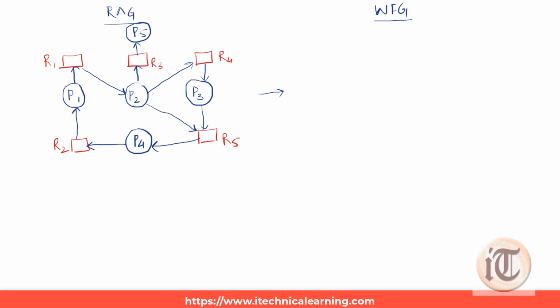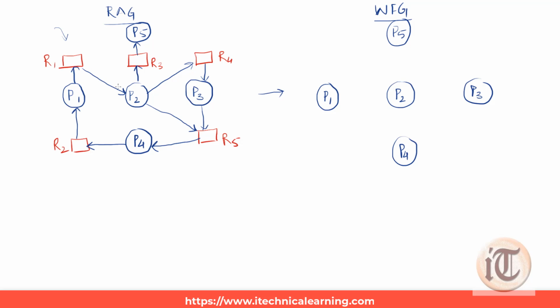First we take the processes, that is P1, P2, P3, P4, and at last P5. Now we will eliminate the resources from the graph. First, if we take a look at R1, P1 is waiting for the R1 resource,